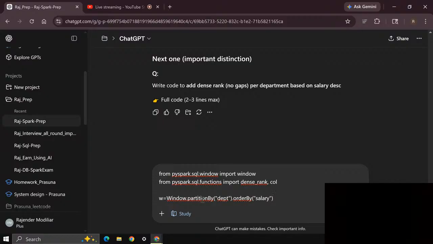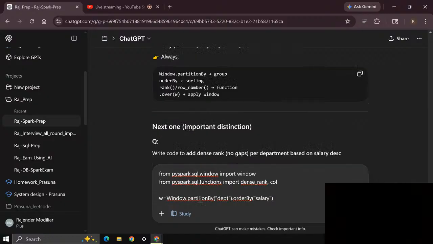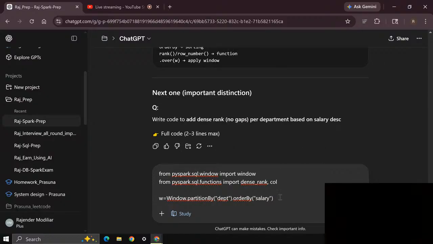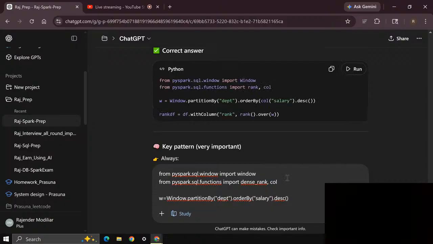This is the window done. Dot desc, of course. Okay, this is done. The window is done.